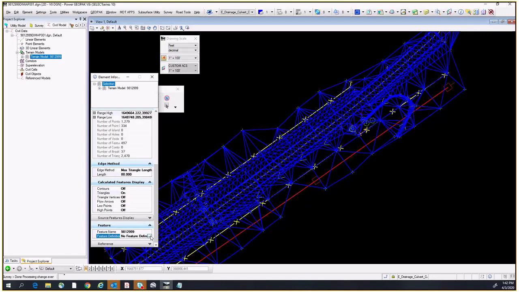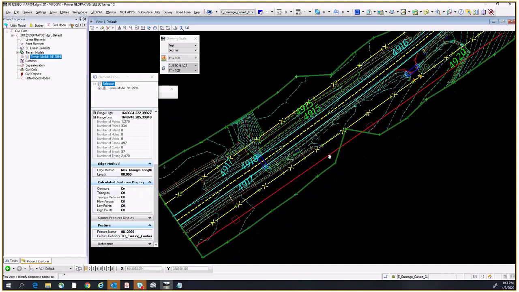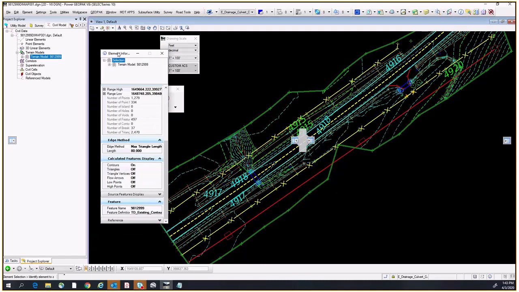So right now it's a no feature definition, that's why it's triangles. What we want to do is go to MDT terrain display, and the proper display for our existing ground surfaces is this TD existing contours. So I'm going to click on that, and this is what it should look like. Now I see one problem jumping out at me right away, and that is that this is not triangulating from this point to this point. This is actually pretty easy to fix,